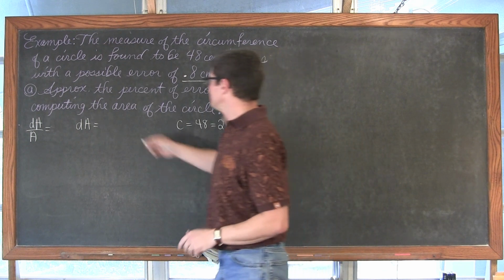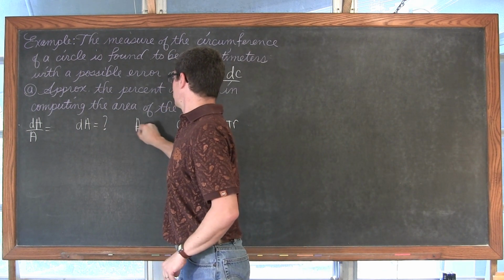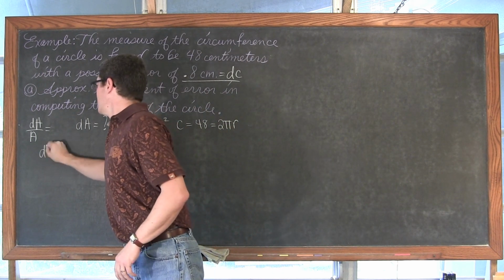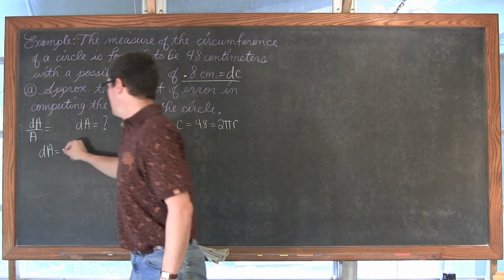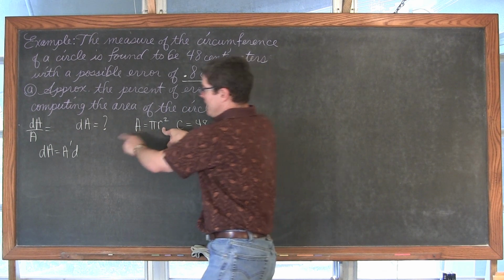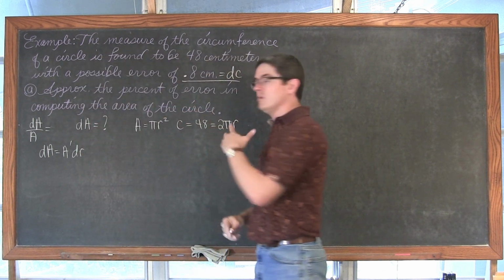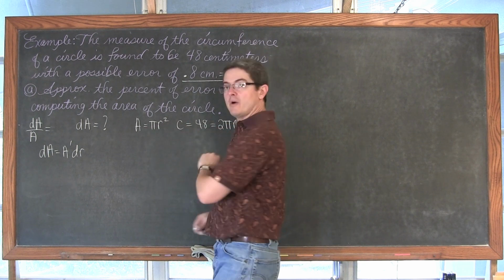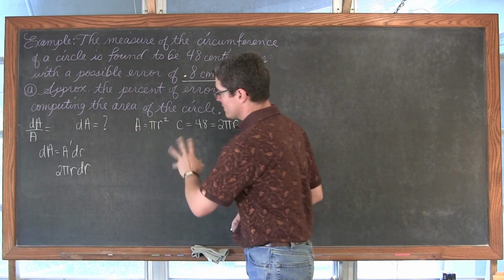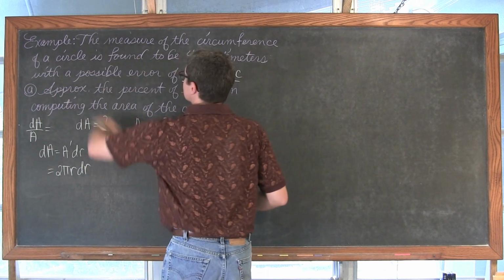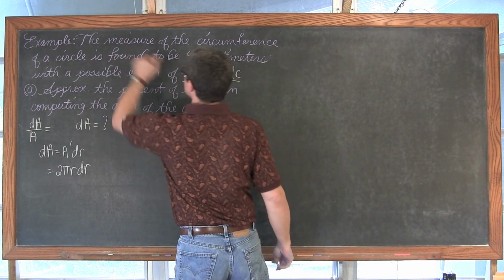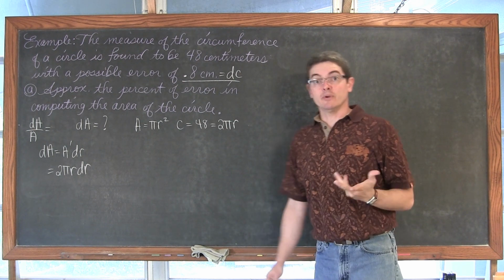Well, area is equal to pi r squared. So we're going to be looking for dA, which is going to be A prime, and looking at this formula, it's going to be A prime dr. Okay, well, A prime is 2 pi r dr. All right, so we're looking for dA, and the radius, we don't have that. dr, yeah, we don't have that either.